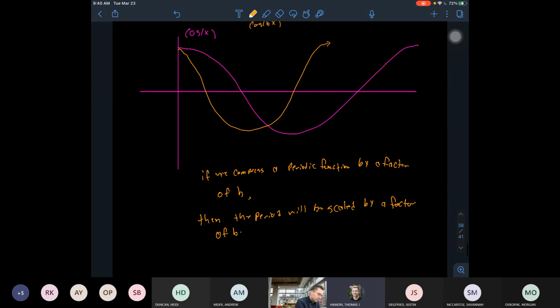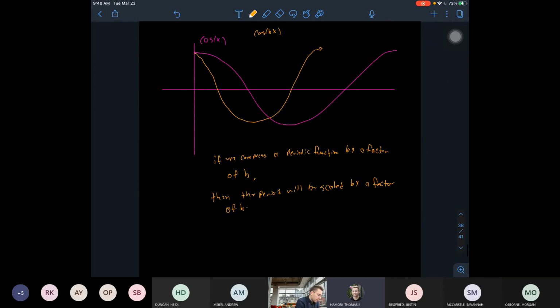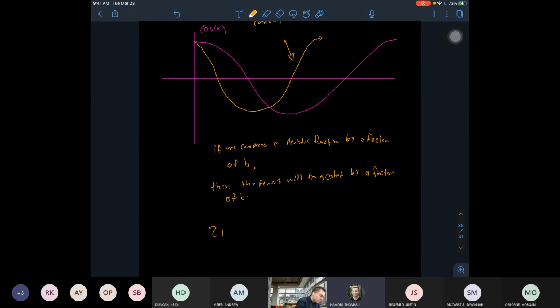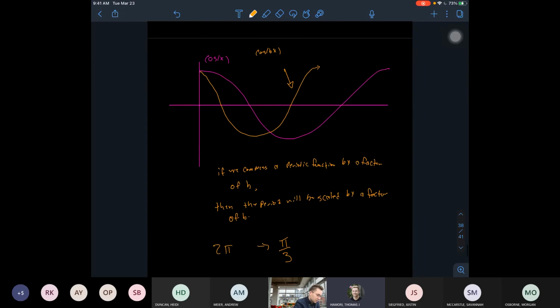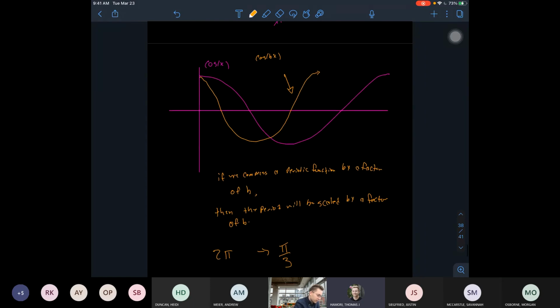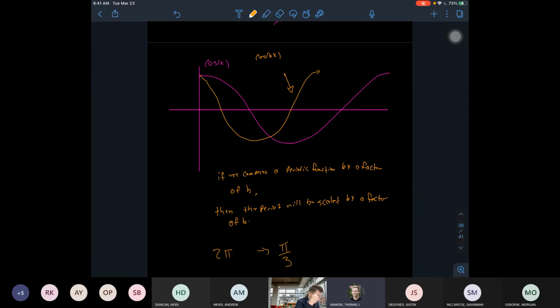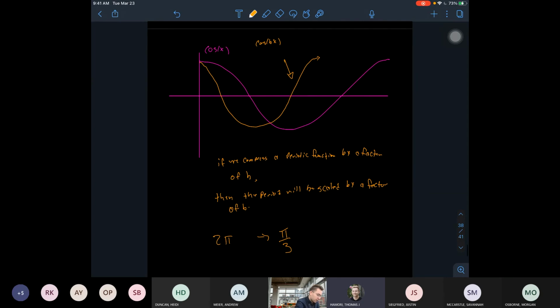of B. And then we could say, well, if we want our scaled function to be pi over 3 periodic, we want our period to go from 2 pi to pi over 3. And we know that we compress a periodic function by a factor of B. Period will be scaled by a factor of